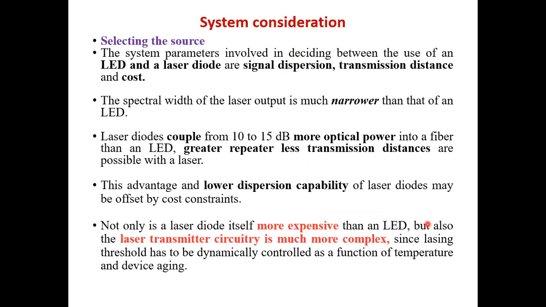Then comes, how do I select the source? So I hope some points are clear about how you are selecting the photodetector. So if a low power level is there at the receiver, I will go with,